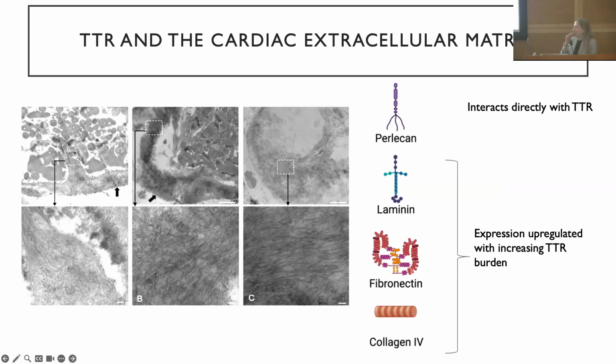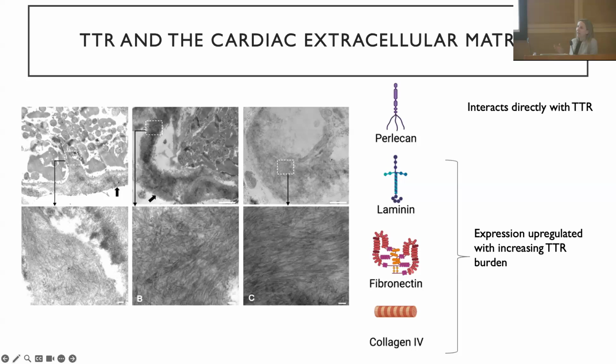But then we thought, how are we actually going to put these on cells and have it be reflective of disease? Because as I've told you, it deposits outside the cell, and so just putting it onto cardiomyocytes probably doesn't make a ton of sense and is probably not reflective of what actually happens in patients.